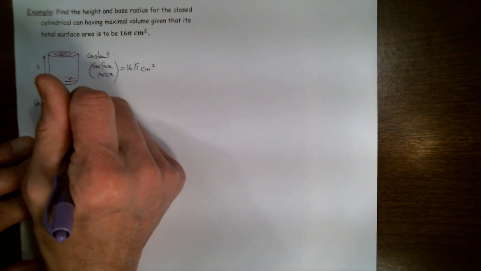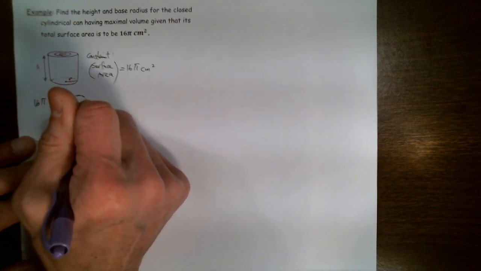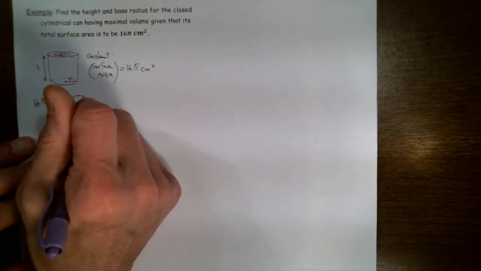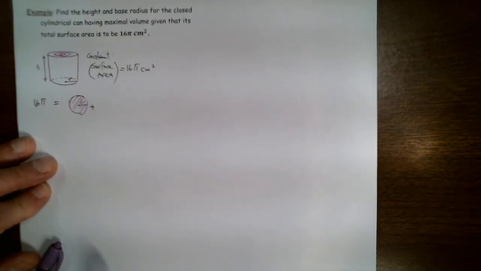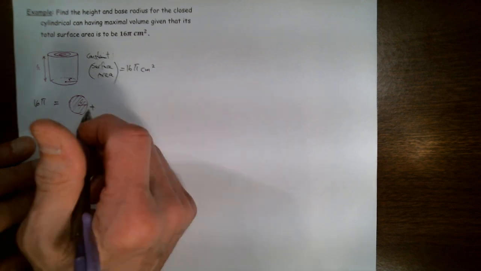It's telling us that 16 pi square centimeters is going to equal the sum of the area of the base of the can, which is a disk of radius r, plus the area of the curved side of the can,